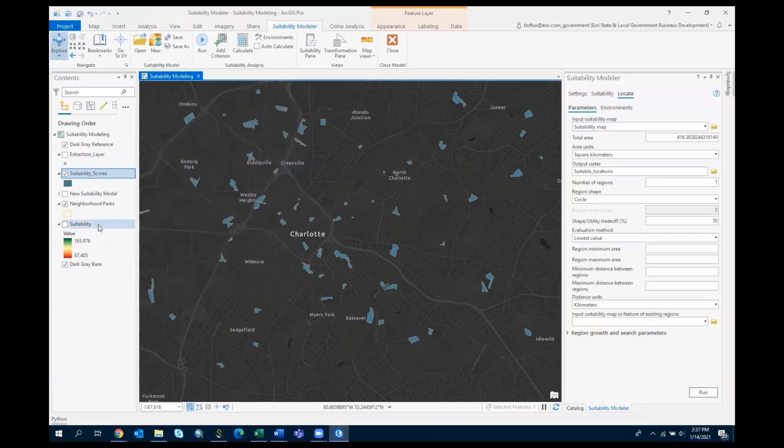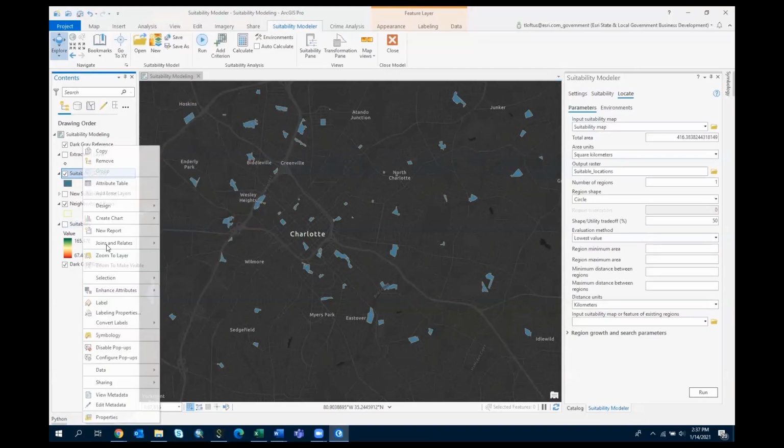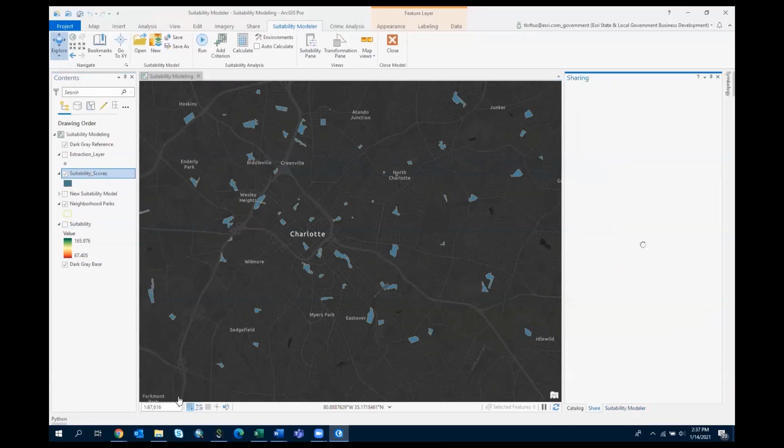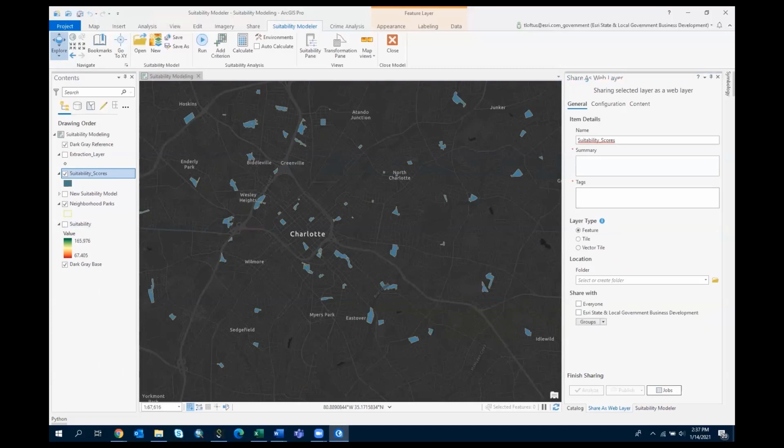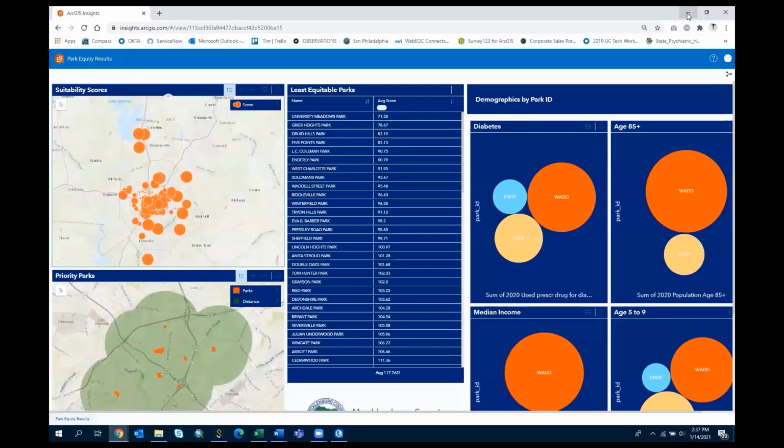Now that all of our parks have those scores added to their attribute table, we're good to share this as a web layer back to our ArcGIS Online organization. So that way we can begin the prescriptive analysis process by visualizing the results, placing them into context within an insights workbook, like this one. By displaying the analysis in a workbook like this, staff and decision makers alike can bring analytics and data into